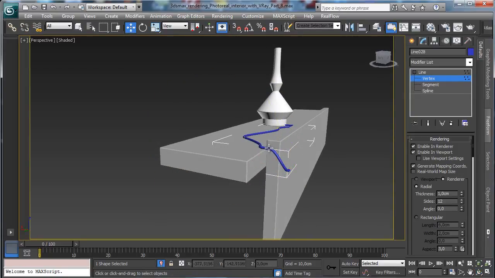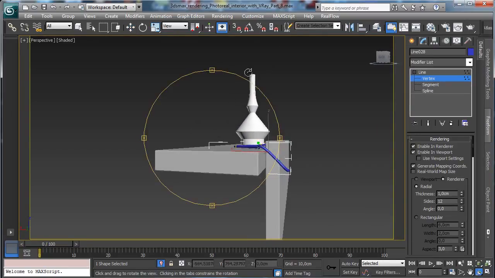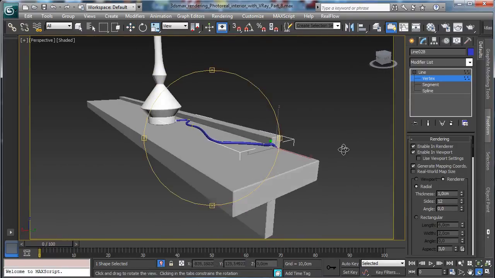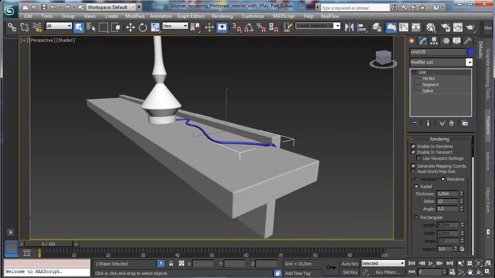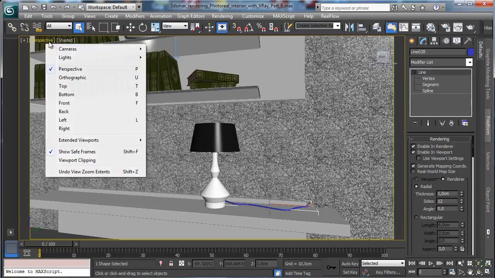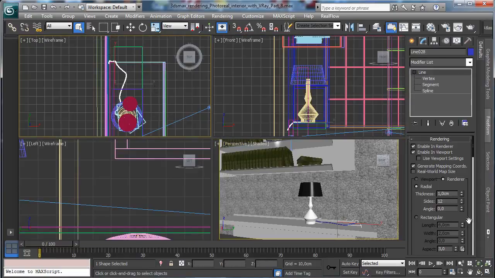It's not important where we are putting this one, and the same for this one. We have just to take care about this one to go. Okay, nice. So let's close, and we can exit from the isolation, and let's go in the top view again,